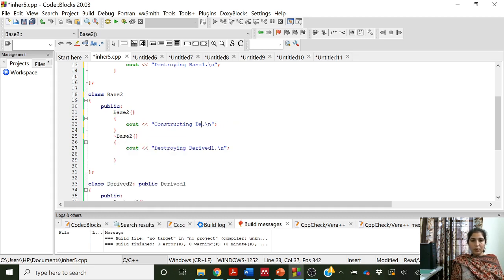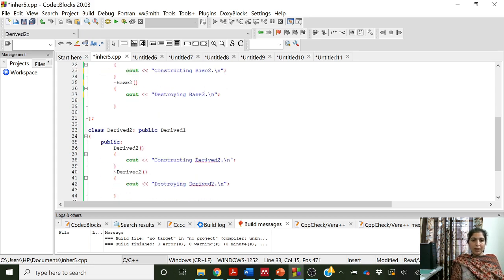Constructing base 2 and destroying base 2.